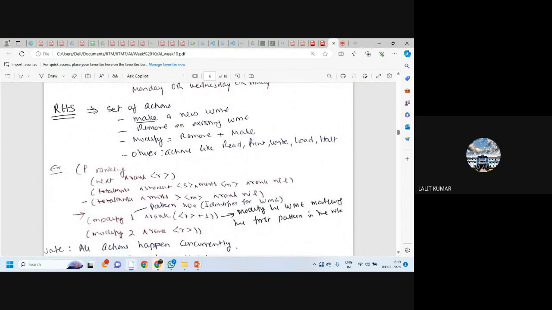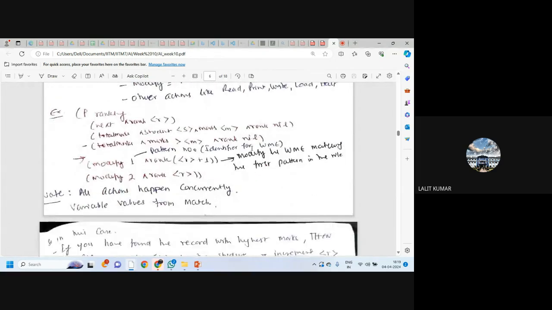Now coming to the RHS, there is a set of actions which can be: make a new WME, remove an existing WME, modify (which essentially means remove and make), and other actions like read, print, write, load, halt. So this is an example of